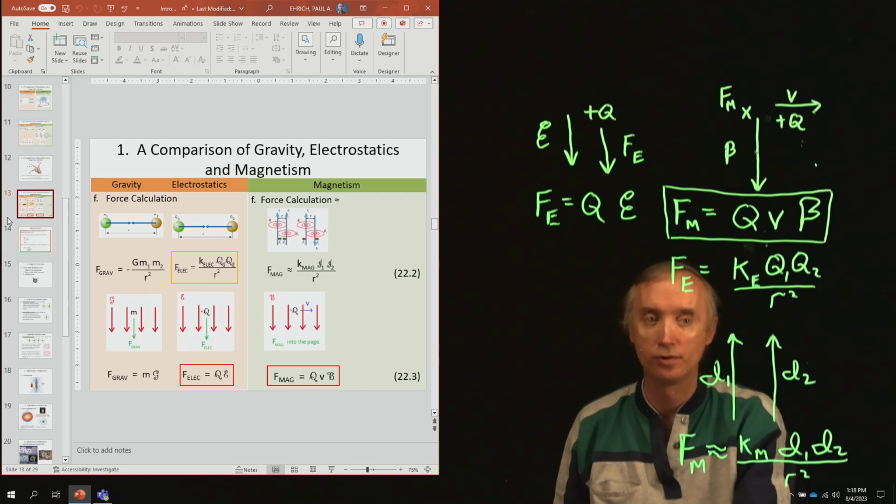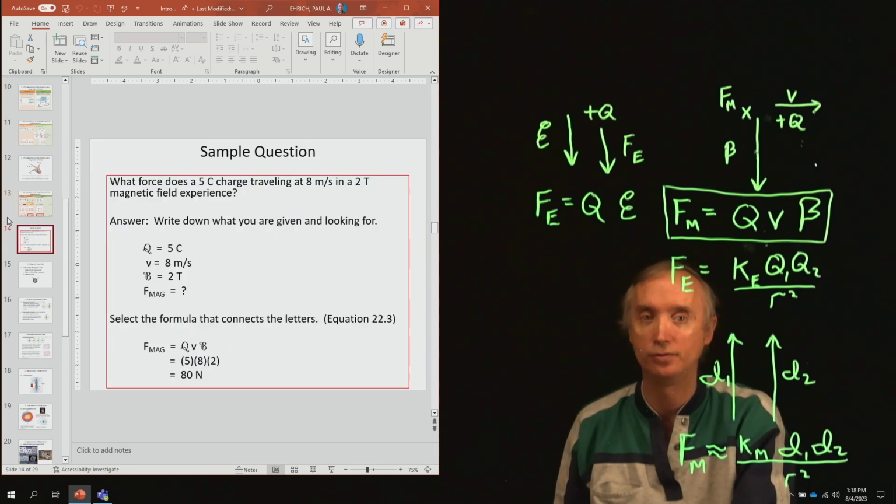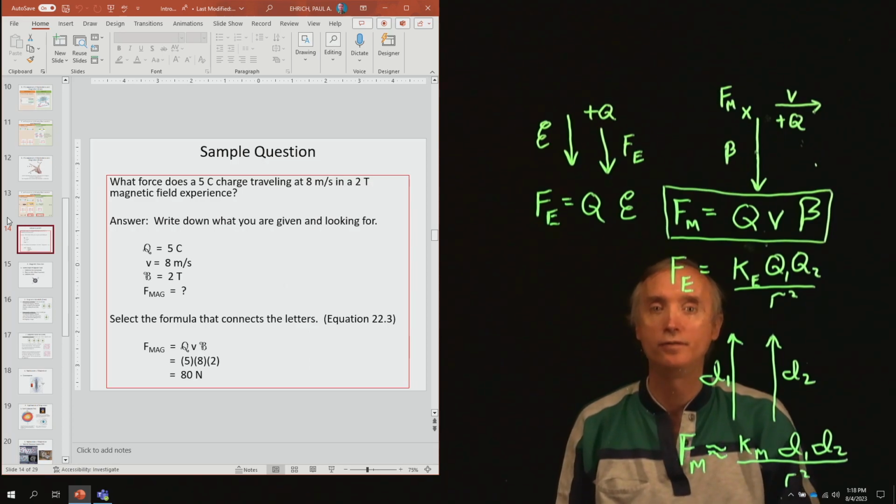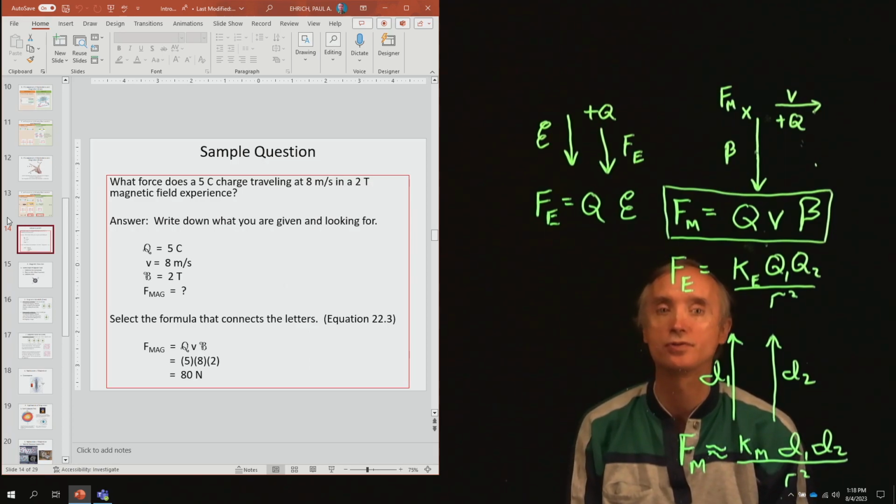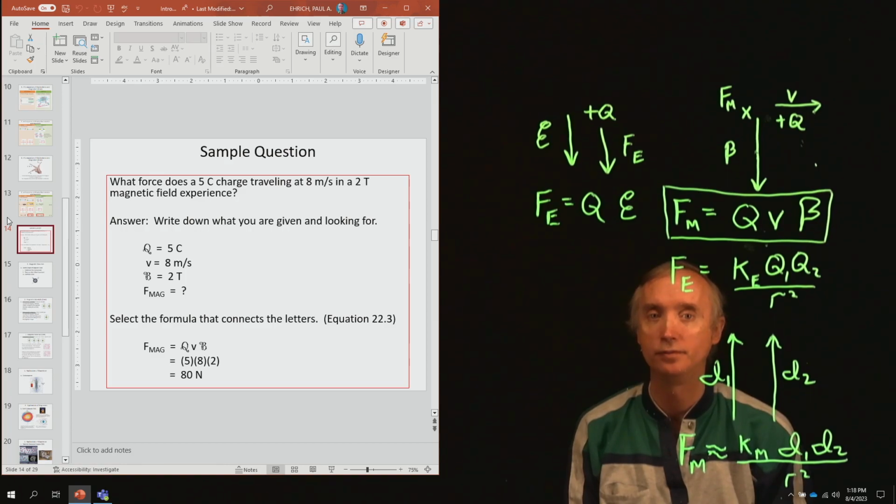So let's do a word problem that you should be able to do on the exam. What force does a 5 Coulomb charge traveling at 8 meters per second in a 2 Tesla magnetic field experience? So we're given 5 coulombs. Coulombs is the unit of charge, so that's Q. We're given 8 meters per second. Meters per second is speed, so that's the V. We're given 2 Tesla. Tesla is a unit of magnetism, so that's the B,